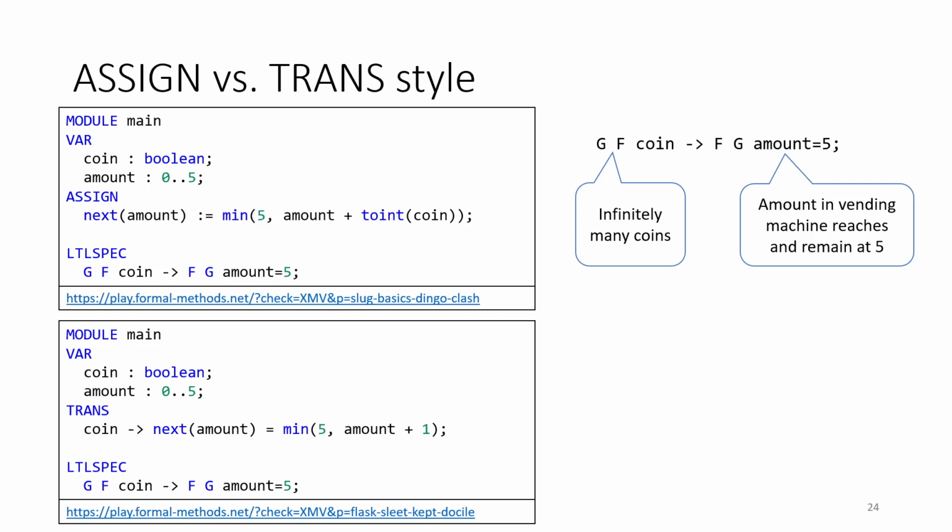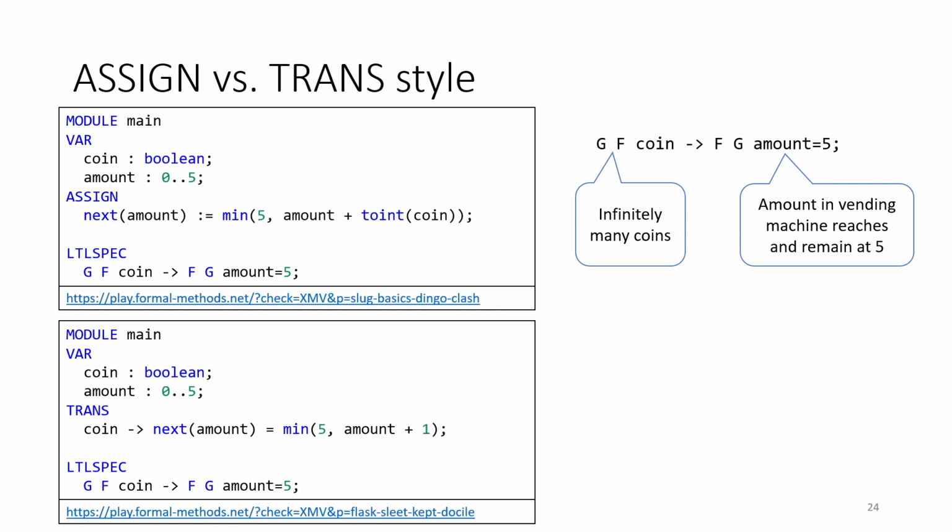We are saying that if we currently have a coin, this implies that the next value of amount will be amount plus 1, or 5 if we are already close to an overflow of this data type, right? So here, next amount would be amount plus 1 if there is a coin, right? So now